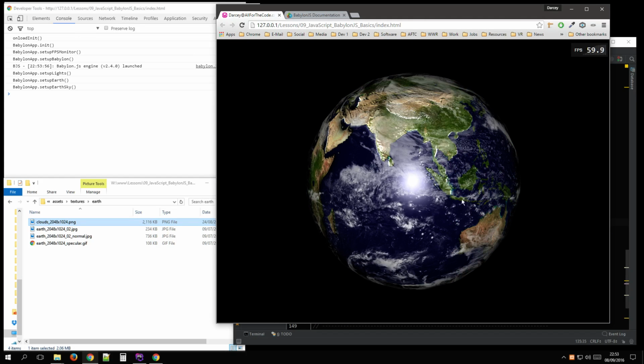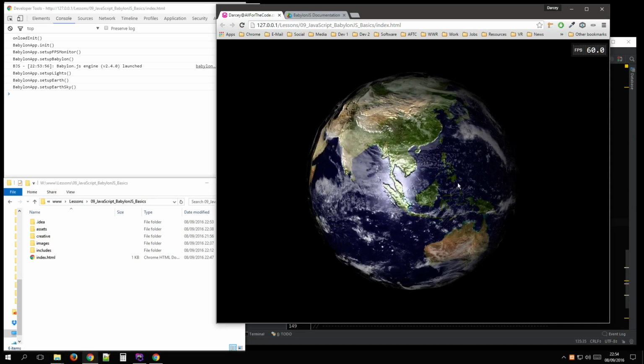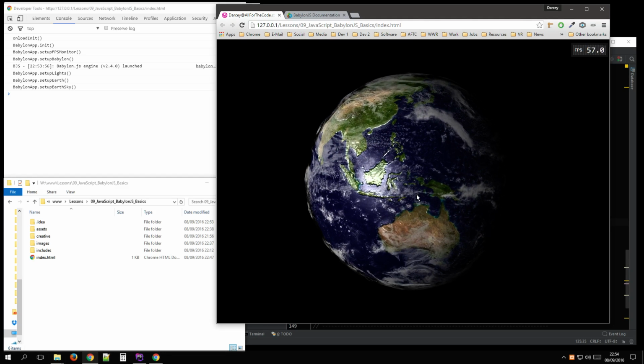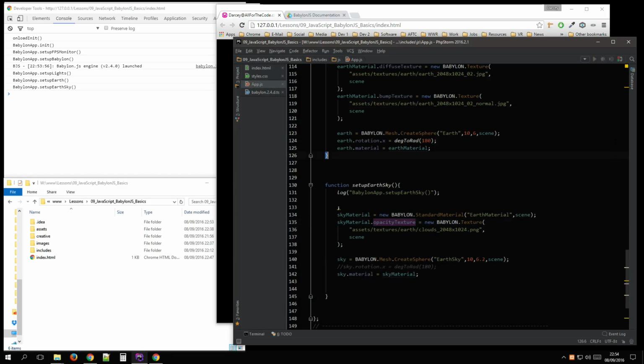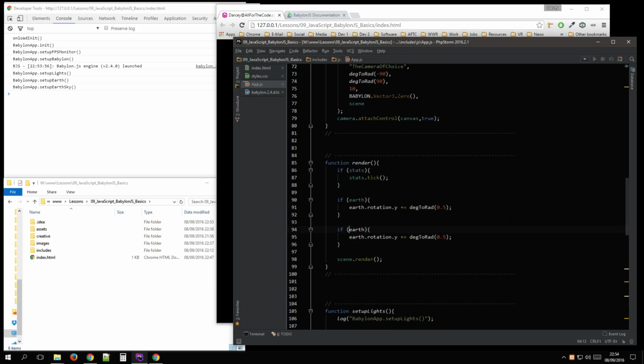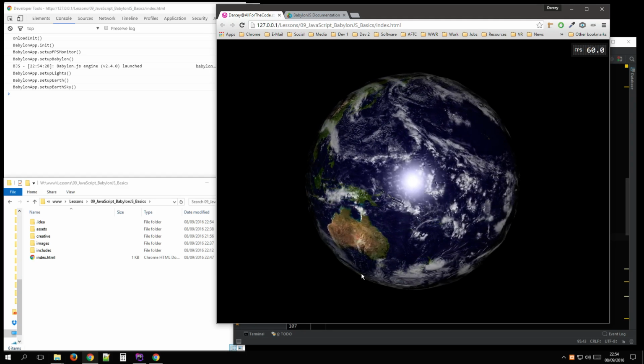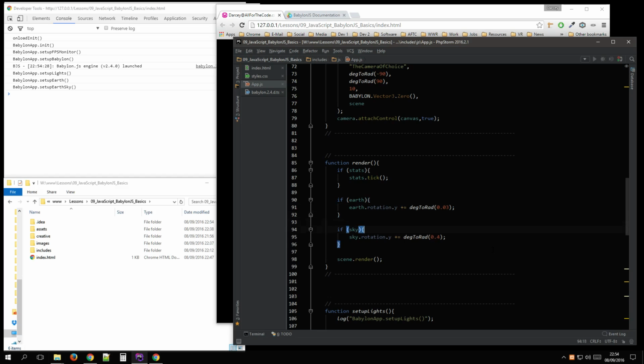PHPStorm is causing everything to stutter. It's very cumbersome. So let's animate that. The Earth shall rotate at that speed. The sky shall rotate. So the Earth should rotate quite slow, and the sky will rotate a little bit faster. It's not way too fast, but